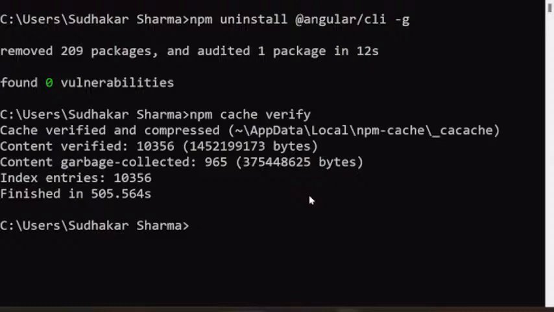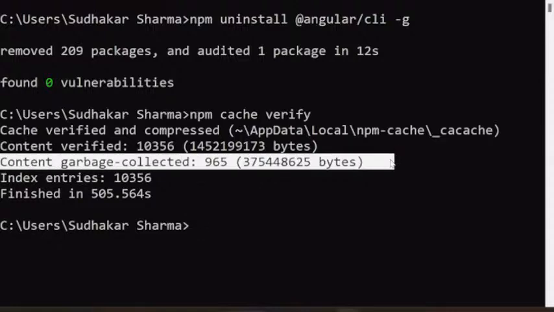Okay, it is finished. It deleted all the files. You can see so much memory is removed, garbage collected. Otherwise, you will face problems in installing the new versions. So everything is cleaned up. If garbage collection has not happened, problems will come. That is very, very important. So I cleaned up everything.